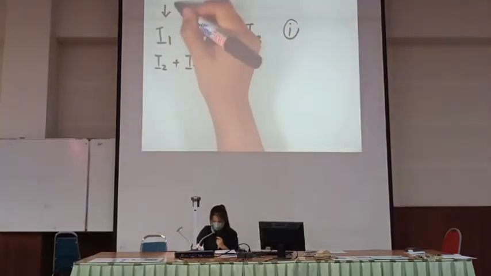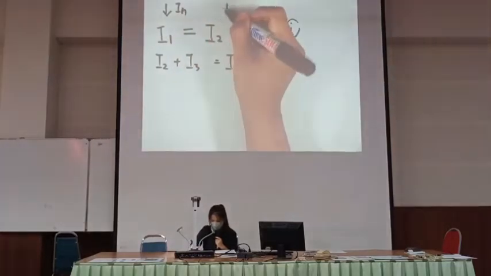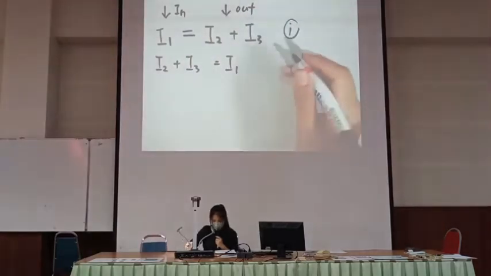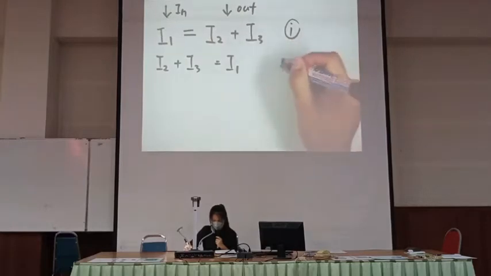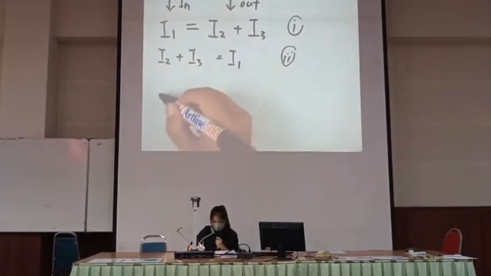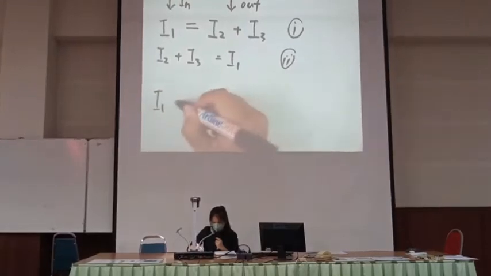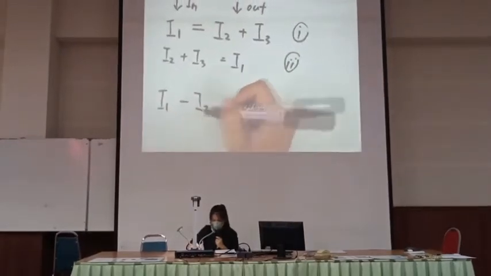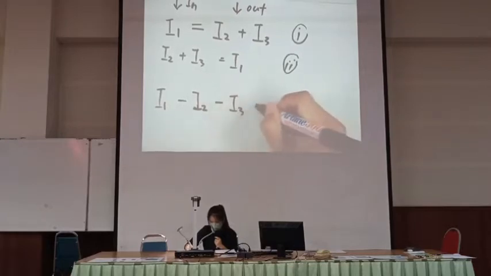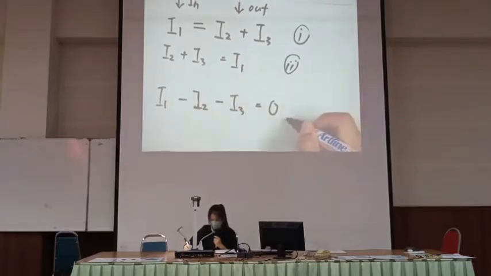This side is in and this side is out. You can realize that the first equation and the second equation actually is same. So we just consider as one equation, I1 minus I2 minus I3 equals to 0. This is the first